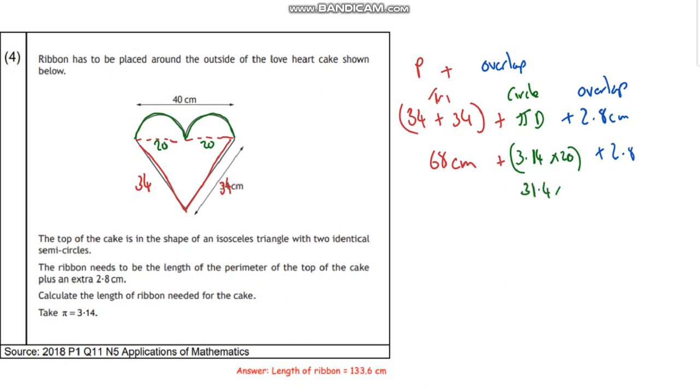It's just 31.4 times 2. So that's going to be 62.8. So if I add them all together, I'll do this in regular numbers, regular colours. So it's 68 plus 62.8 plus 2.8. And there's no calculator for that, so I actually am going to rewrite that